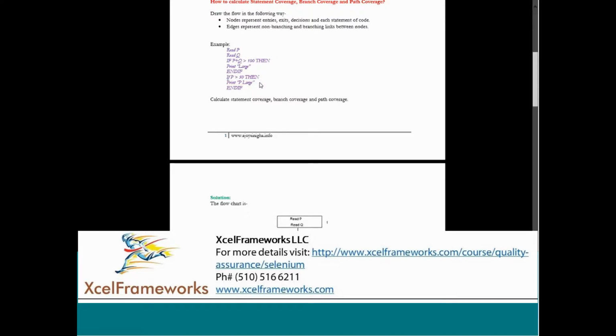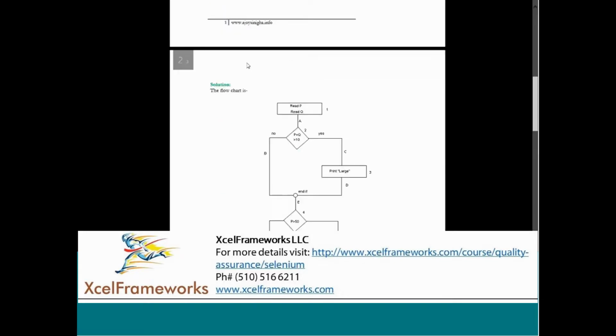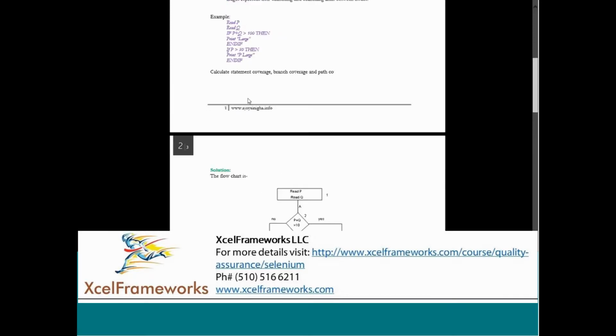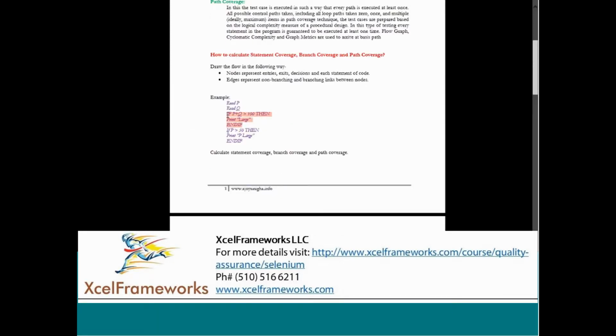So this is the basic understanding of the program for a given condition. Even if you want to make a failing test case, you can do that. Let's say p is equal to 10 and q is equal to 10. 10 plus 10 is 20. Is 20 greater than 100? No, it won't do anything. So with 10, 10, you will never hit any lines of the code, because p should be greater than 50 and p plus q should be greater than 100. To execute each and every line of code, it depends upon the test data you supply for that condition.